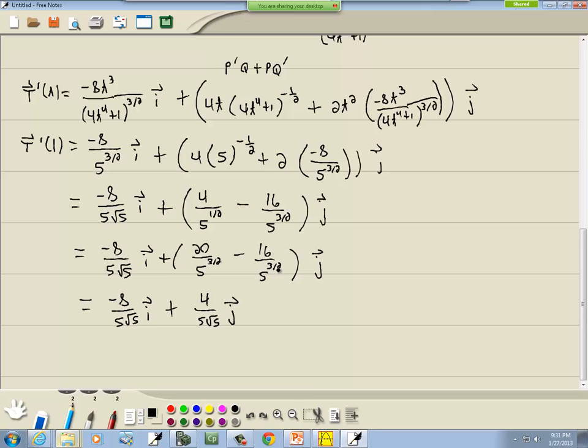So let me write this down. So T prime of 1 is equal to negative 8 over 5 square root of 5 i plus 4 over 5 square root of 5 j. And actually, I could probably do part of it right here, even though I'm about out of space. Now that's T prime, I should say. So then to find the magnitude of that,